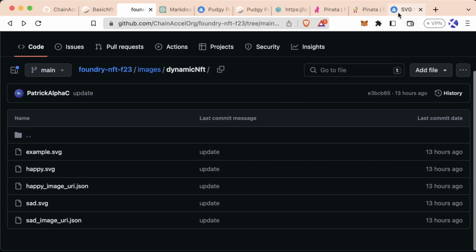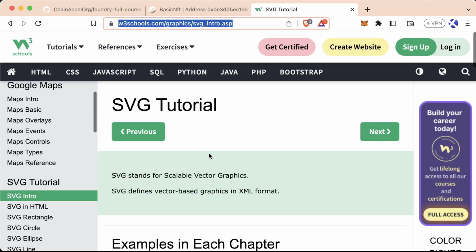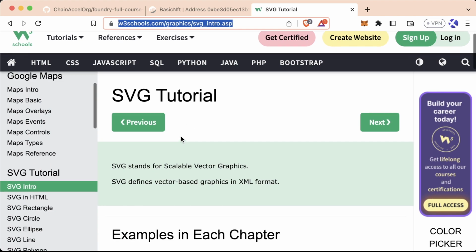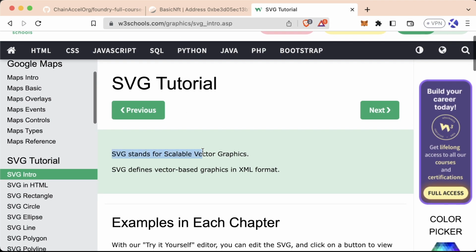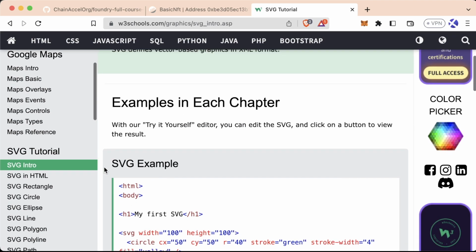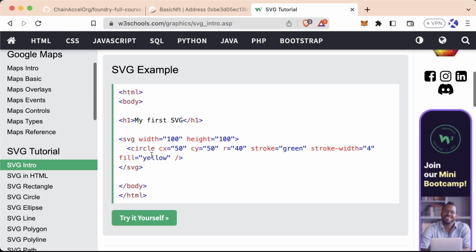So let's first understand what an SVG even is. If we go to w3schools.com, we can go to this SVG tutorial. SVG stands for Scalable Vector Graphics. And we can scroll down and see an example right in this SVG example, right? So this is it. It's just this tag where it has very specific parameters for defining what